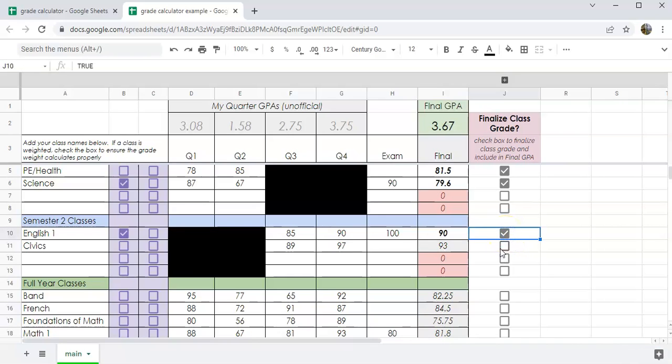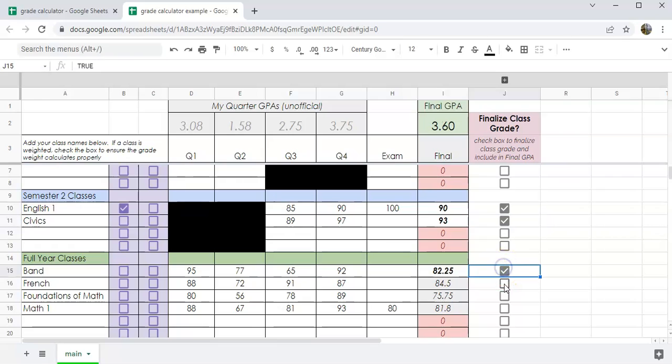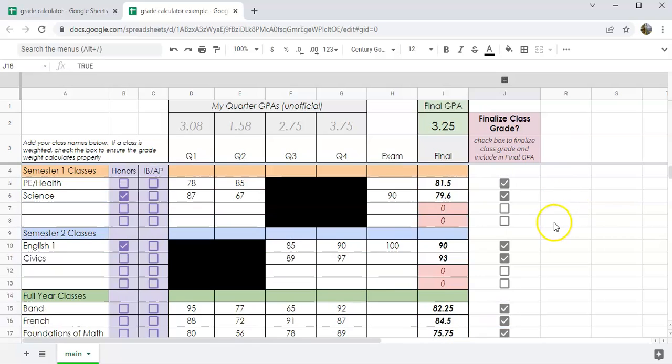Well, just click the boxes. Click the finalized grade boxes, and you'll see all of them turn to white. And that just lets you know that it's going to calculate in here. And you can see right here that it is a 3.25